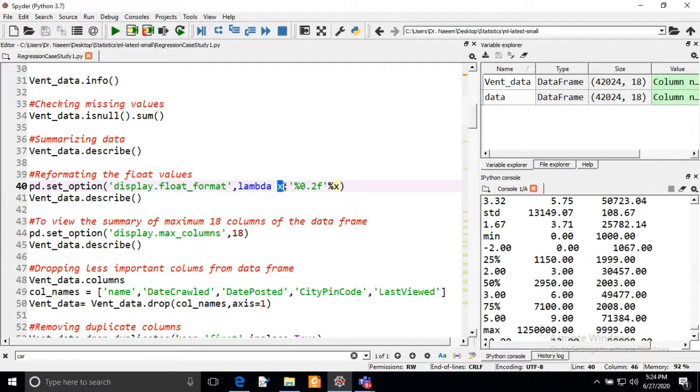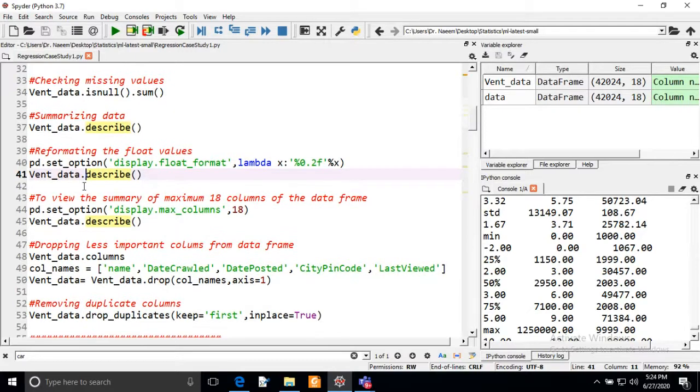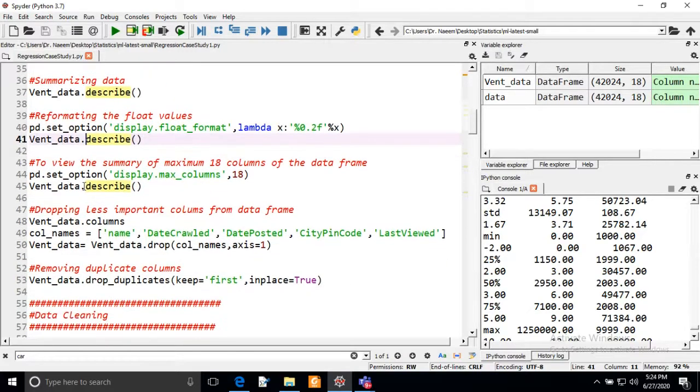So it means whatever calculation we do, it will calculate and display in this format, means 0.2f, which is a float number up to 2 decimal places. And then we can again describe, so we will get the correct format up to 2 decimal places. I'm not going to execute this command.